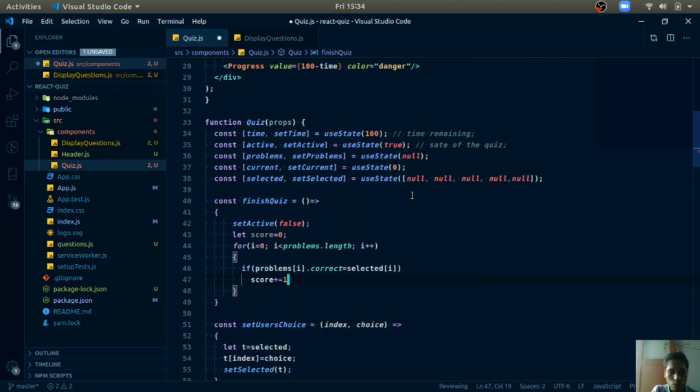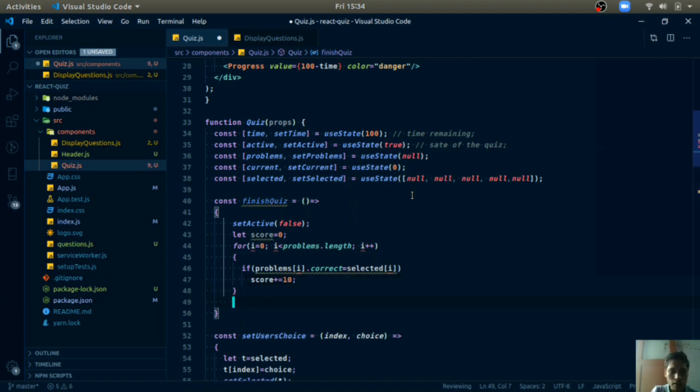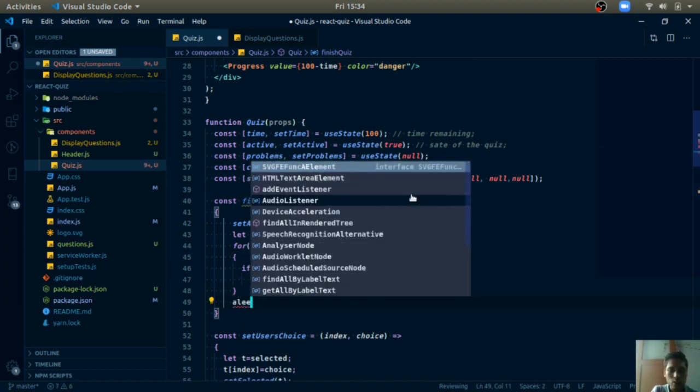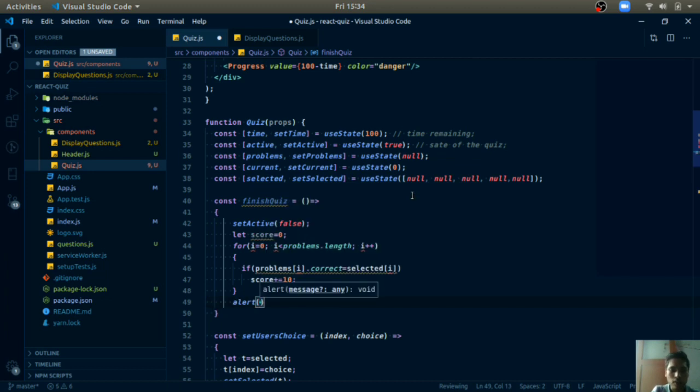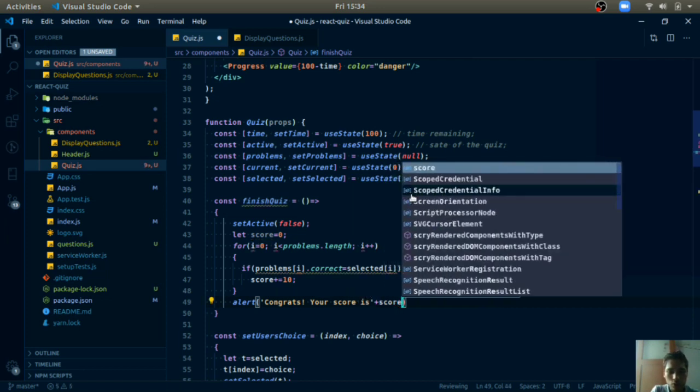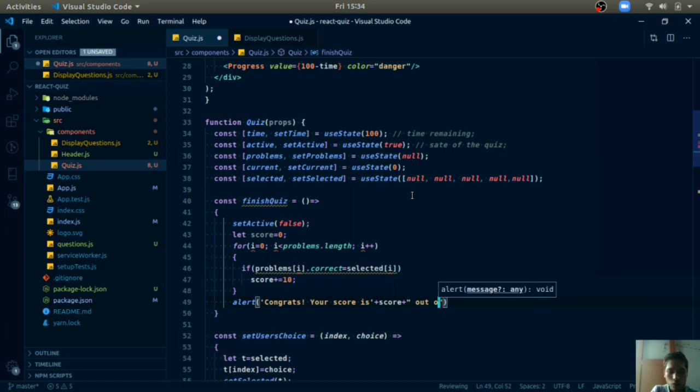Score plus equals to 10. And below we can write an alert. You can also use alert of Bootstrap or React Strap, but I am using a simple alert of JavaScript. Alert, congrats, your score is, just use the variable score out of 50.